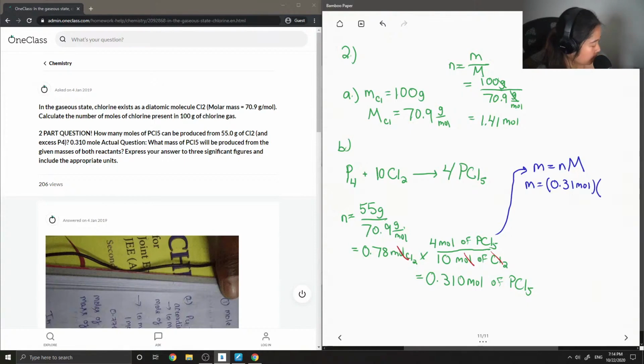And then the molar mass of PCl5 is 208.24 grams per mole. So when we multiply these two values together, we get 64.6 grams